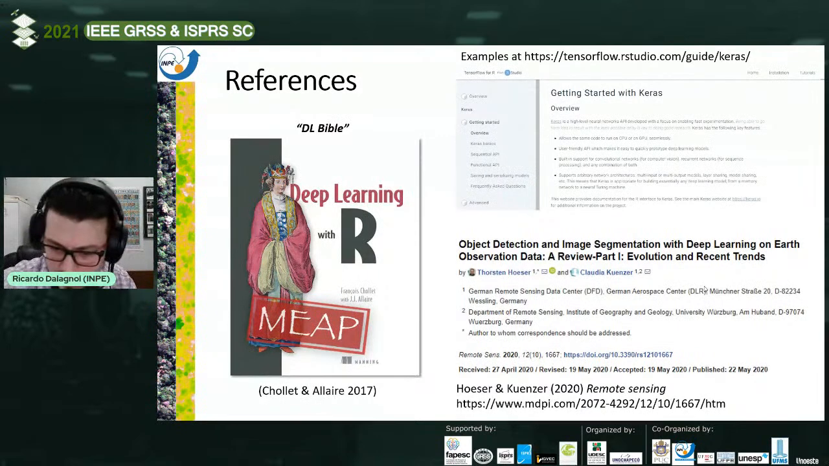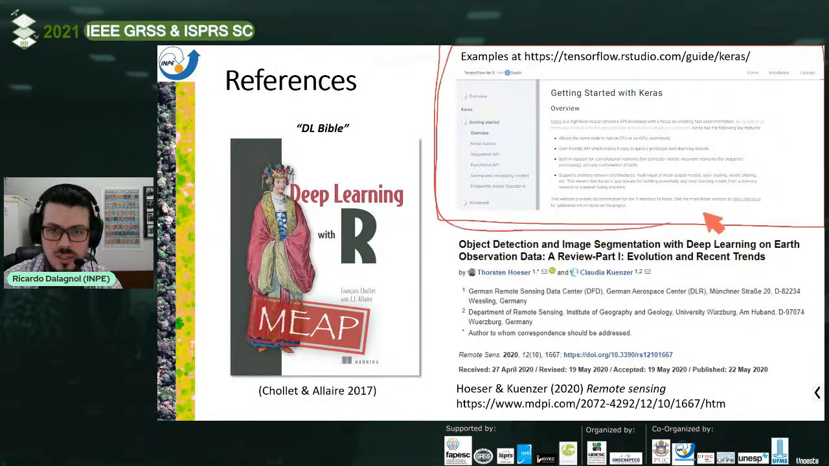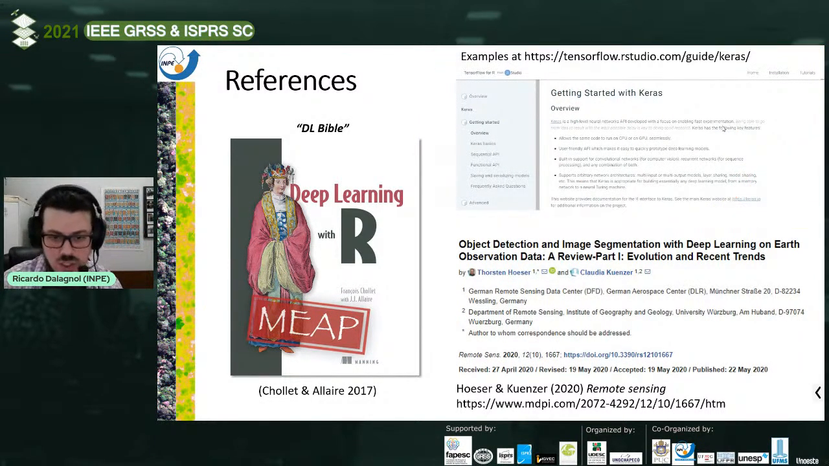Just before I end this part, we have some references. I like this book very much, Deep Learning with R by Chollet and Allaire. It has examples and explanations for the models. It's a very good book for anyone starting with deep learning with R. I think there's a version for Python as well. There's also the website for TensorFlow Keras, which has examples, documentation for the functions, everything,